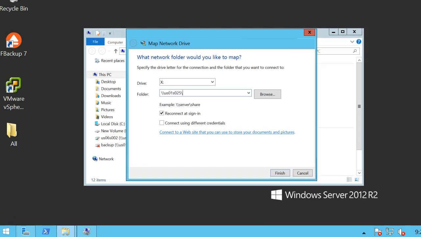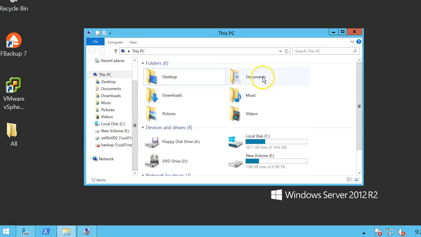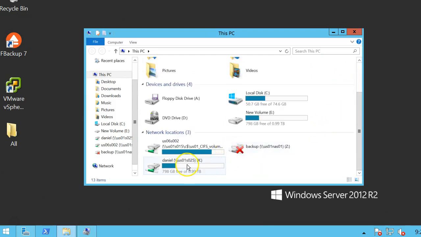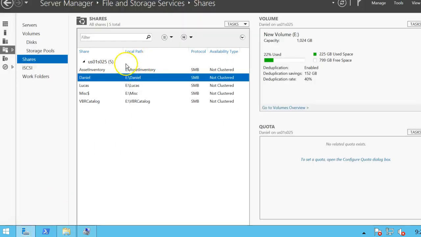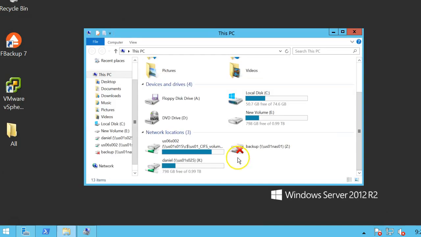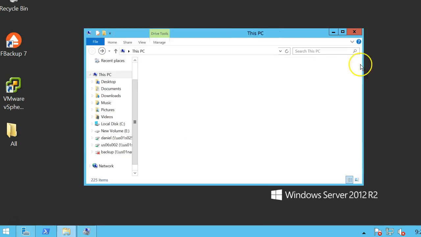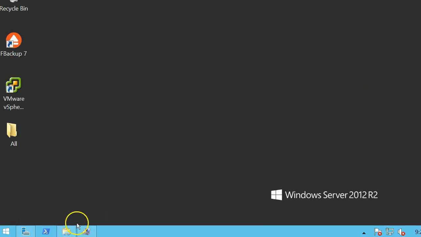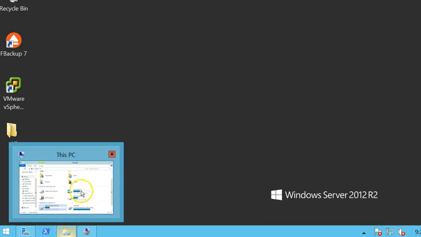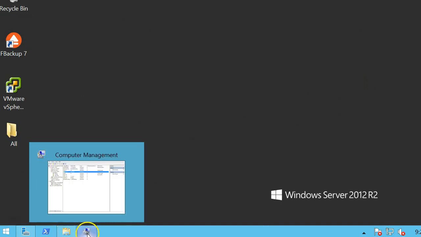So this is the same server, so I'm not sure that that'll work. So it did. So I'm mapped to that share that I showed you, that Daniel share, right? And that share permission gave me that permission to map to it. Now, what if I wanted to go into a folder and read something? I would need to have the security permission to do so. Okay, so that can be done in a couple ways, but I'm going to go over a couple more share